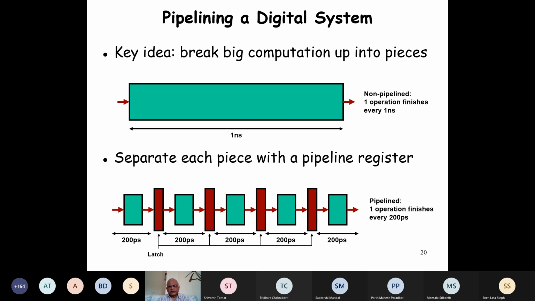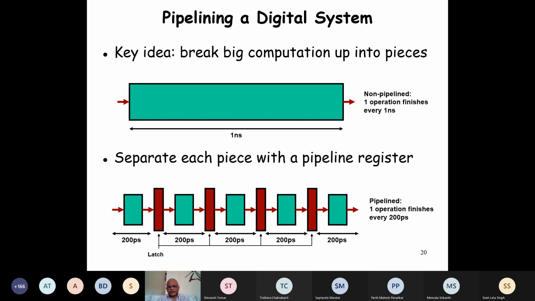But just see here that in the first case, we used to get one result after 1 nanosecond. But here in the pipeline execution, we will get one result after 210 picoseconds, assuming that 10 picoseconds are taken to write to a buffer. The first one comes here, writes here, and then drives this. The second one comes in and writes here, and so on. So there is a bit of overhead there, correct? But then we get substantial speedup.